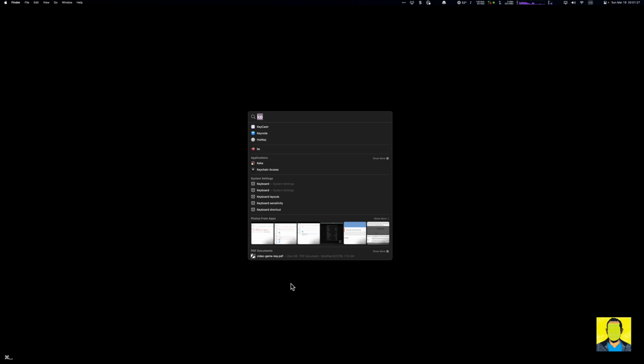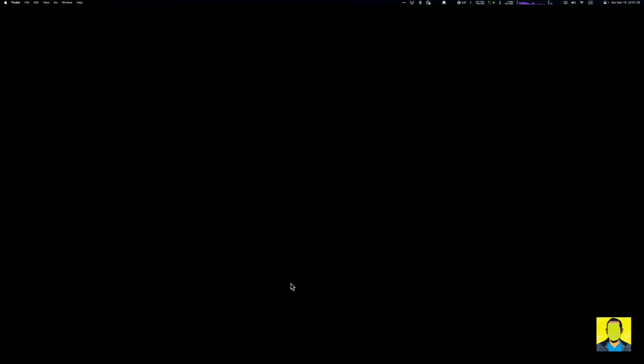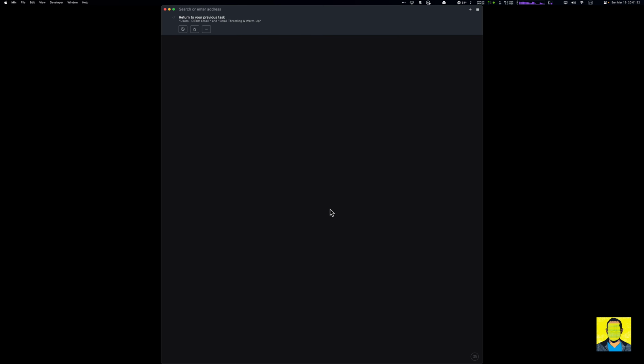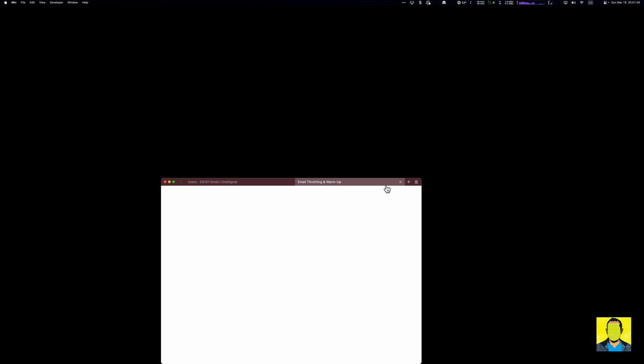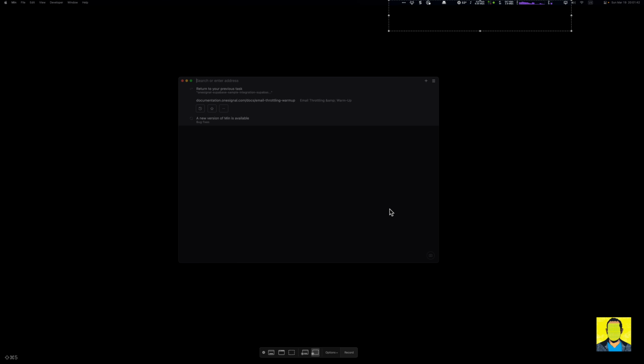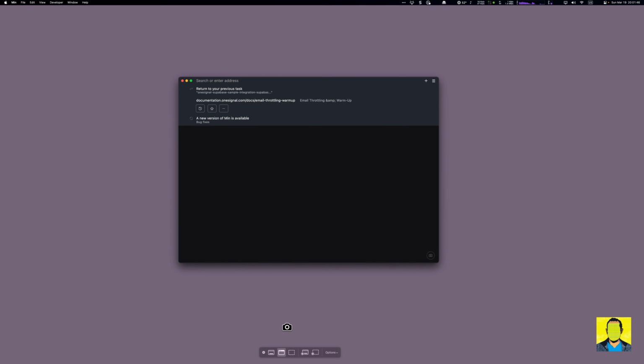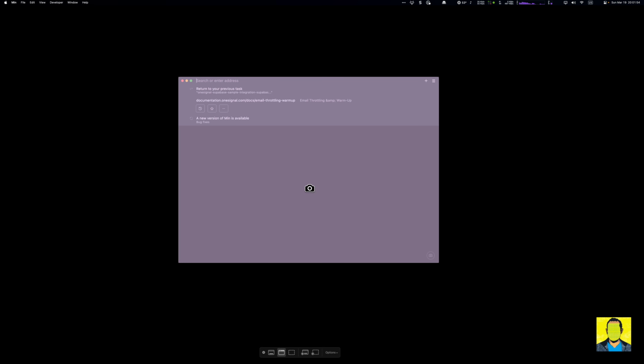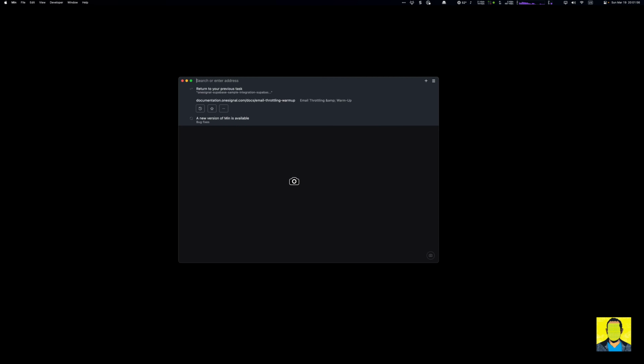What's really cool is if you have a window open, you can hover your mouse over that window and Command-Shift-5 will select it for you. Let's demonstrate that here. Command-Shift-5. Now I'm going to select Capture Selected Window. And you'll notice that if I click outside of a window, it's selecting my desktop. However, if I click on or over the window, it's only going to select that window.